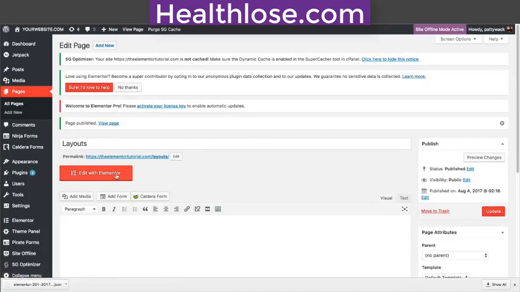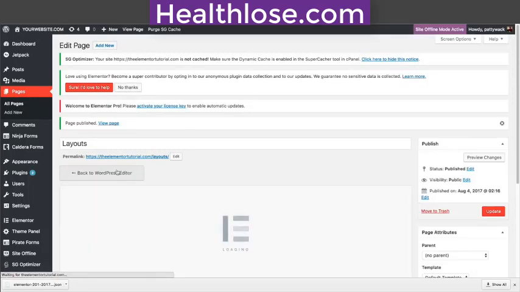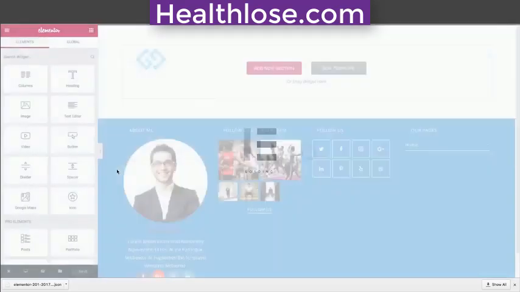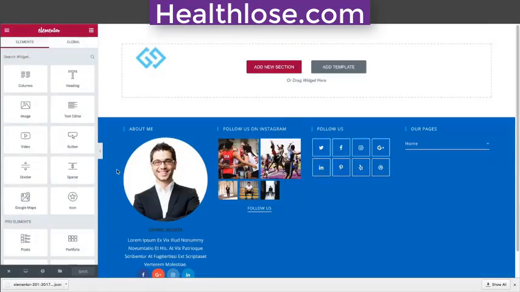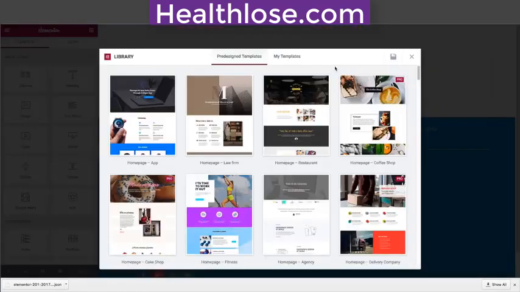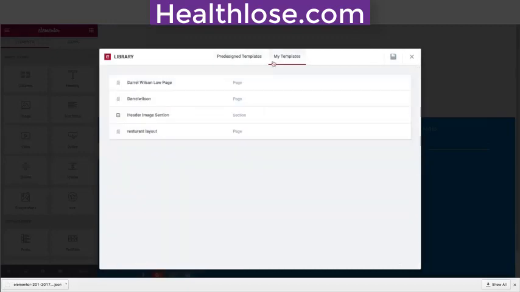So right here, I'm going to click on Edit with Elementor. I'm first going to show you all how you can use the ones that we saved onto the library, and I'm going to show you all this bottom left one right here on how you can actually import that onto another website, domain, or different part of your website. So here I'm going to click on Add a Template. Now right here under My Templates, you're going to see Header Image section, Insert,